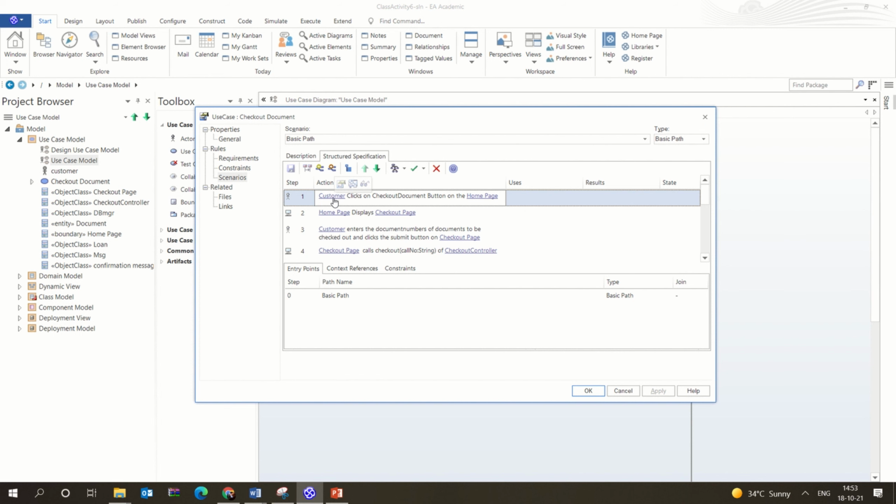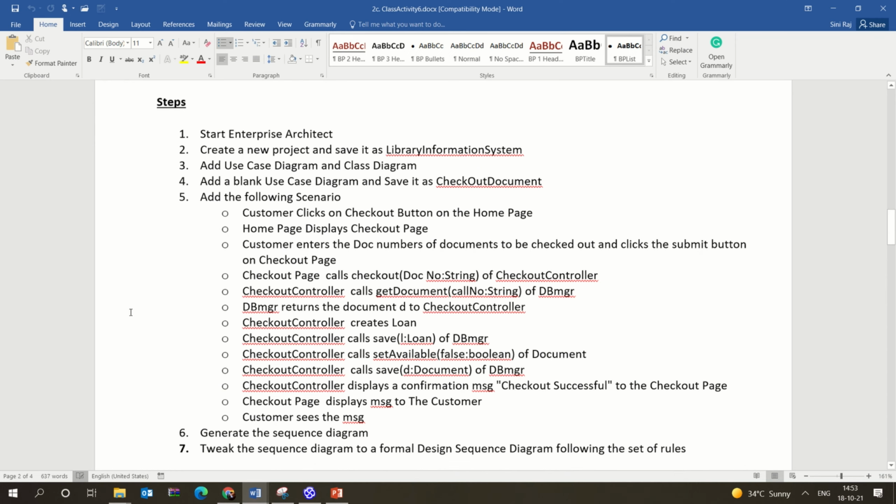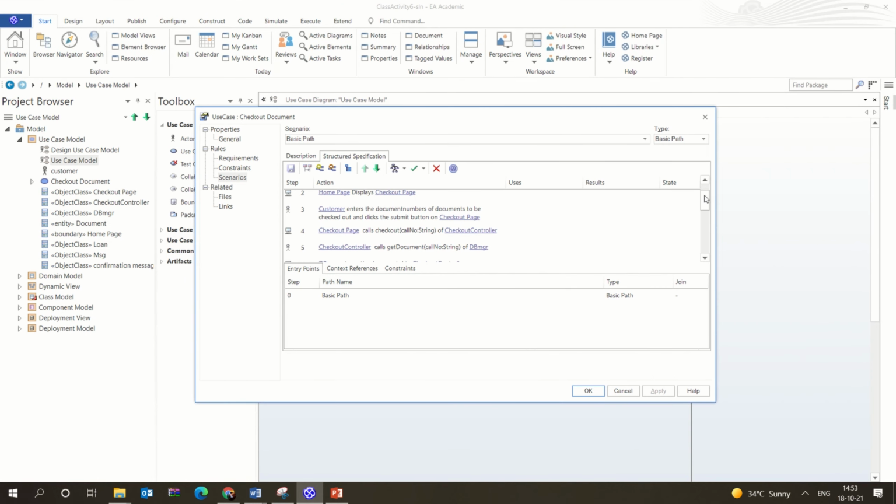So we are adding scenarios like customer clicks on the checkout document on the home page. Okay, so it has to be clicked on the home page, then home page displays a checkout page, customer enters. So everything which you have to do here is basically given as the following scenario. You're getting my point? You are adding it as the following scenario.